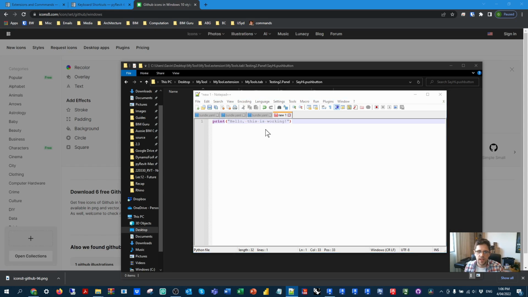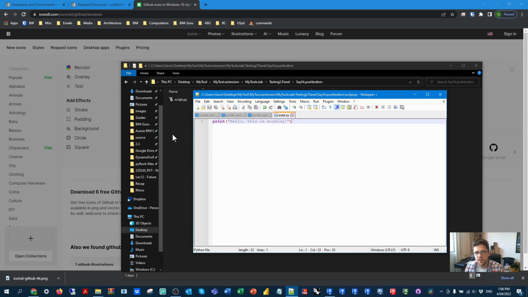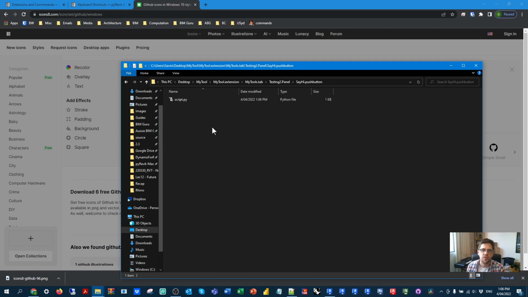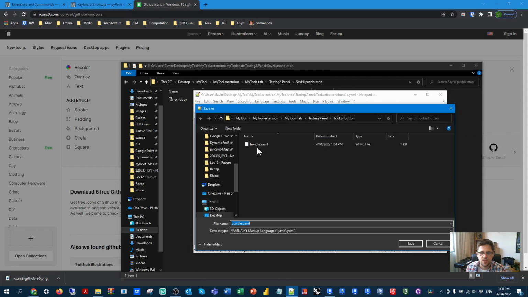And I'm going to save this, and then I'm just going to put this under my push button folder. And I'll just call this say hi. Actually, I'll call this script, sorry, script.pushbutton. I believe that the script has to at least end with script.py in order to be registered as the tool itself. I'm also just going to create a new bundle, and I'm just going to save this to that folder